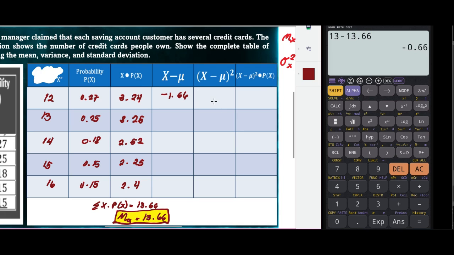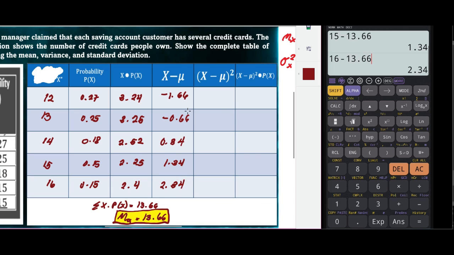Okay, so we have negative 0.66. Next, we have 14 minus 13.66. Then we have 0.34. Next, we have 15 minus 13.66. That will be equal to 1.34. And lastly, we have 16 minus 13.66. And that will be equal to